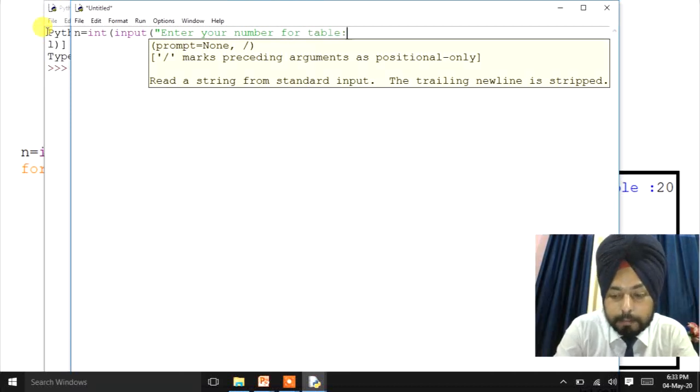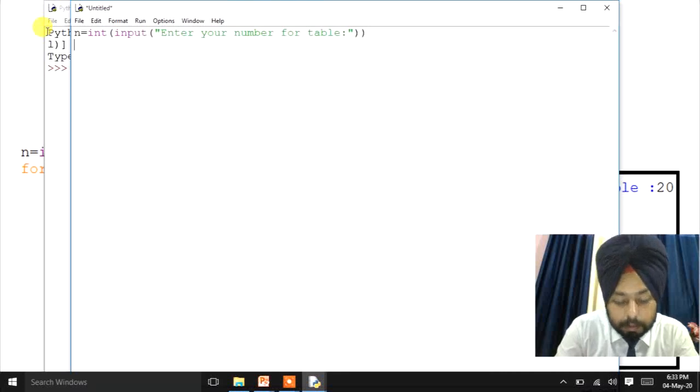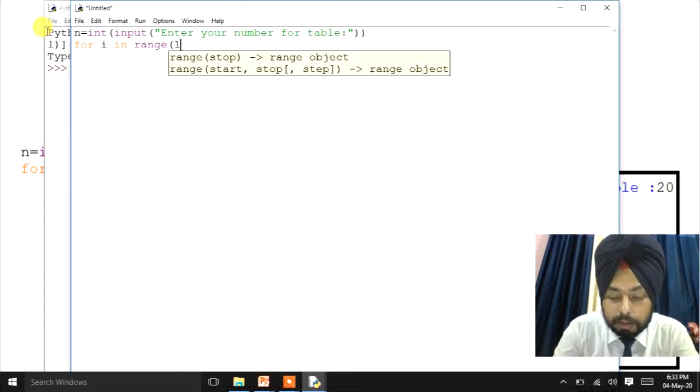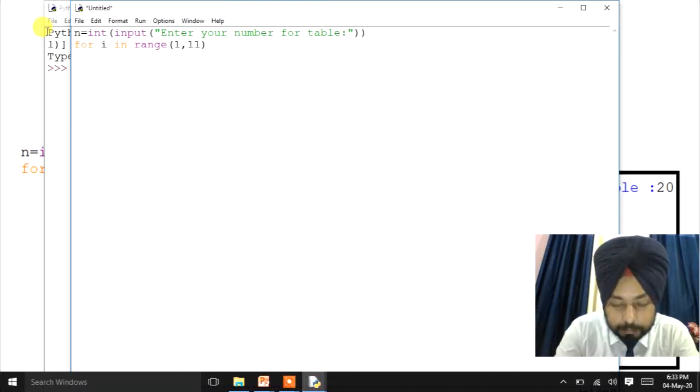Clear? Now we'll use a for loop: for i in range function, and we'll use the lower value and upper value here. We'll start from 1 to 11, which means 11 is the stop point. Colon, then it will print